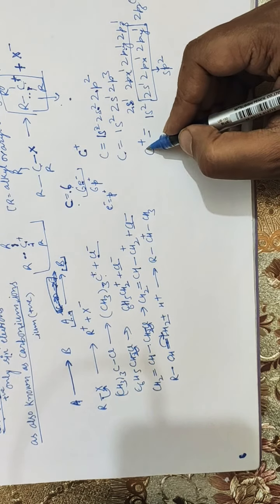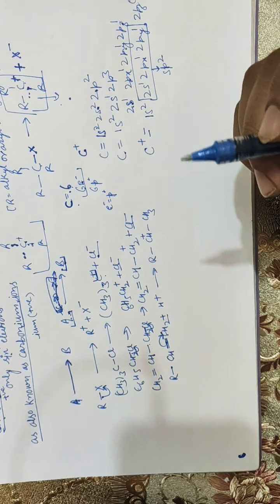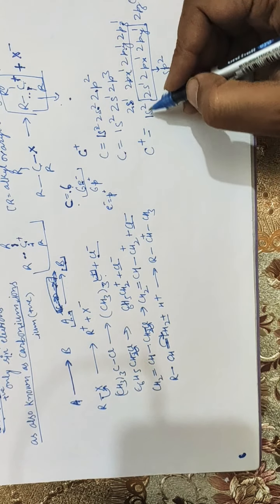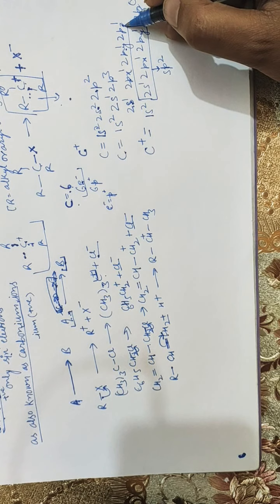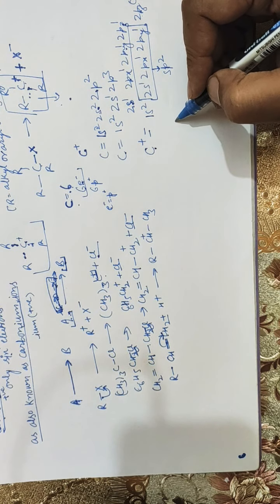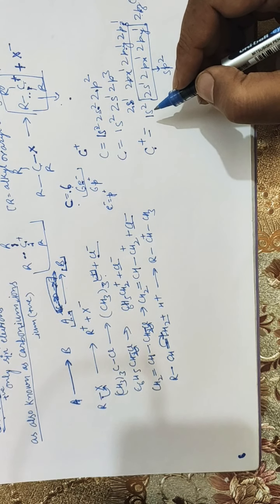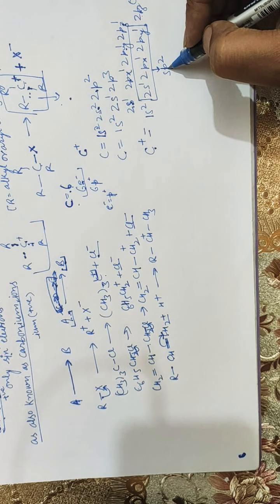And in carbocation the positive charge on carbon is formed by the loss of 1 electron, unipositive. This electron is always removed from the outermost shell, that is 2pz here in case of carbon. So you may write again this electronic configuration of carbocation, and this shows that it is the sp2 hybrid orbital.